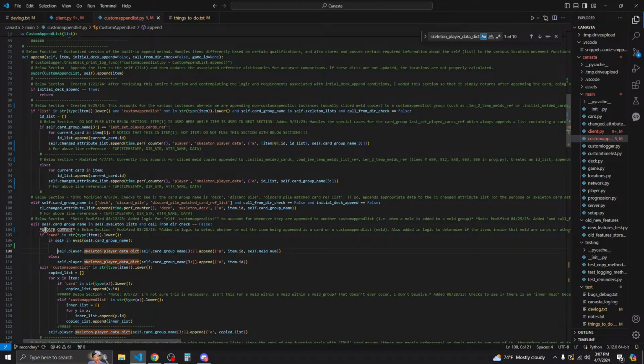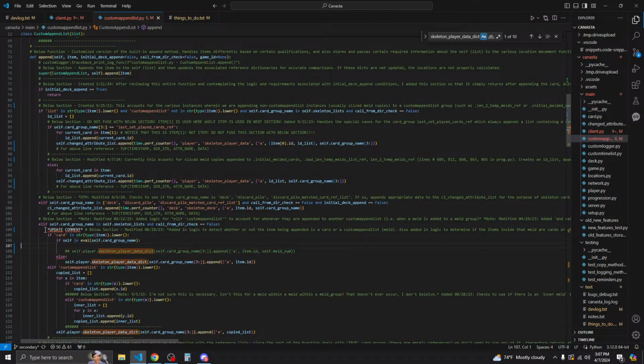Okay, so this is going to be changed to instead be self.changed attribute list dot append, and we're going to append the, let's just copy from here.